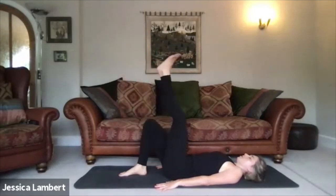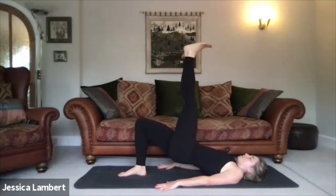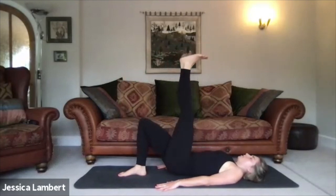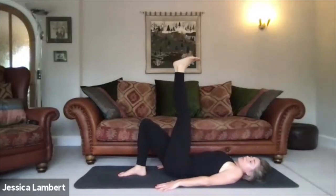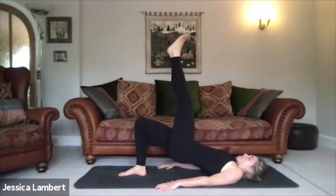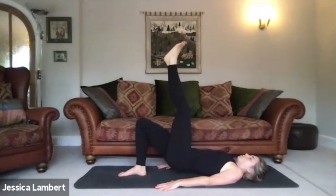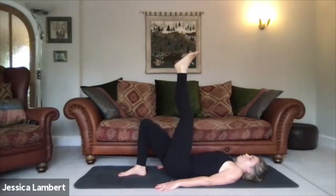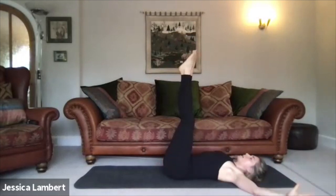take the left leg up, and then again lifting both hips, so pushing into that right foot, driving down, lifting both hips, lowering, lifting both hips, and lowering. Four, three, two, and one. Take both legs up to the sky and just take the arms out to the side, stretch across